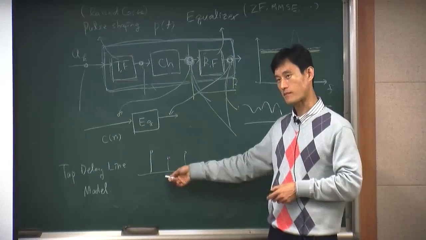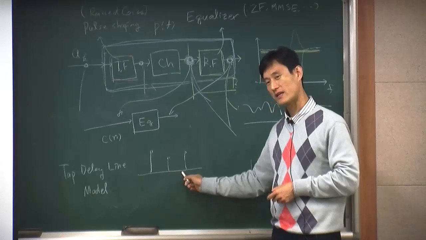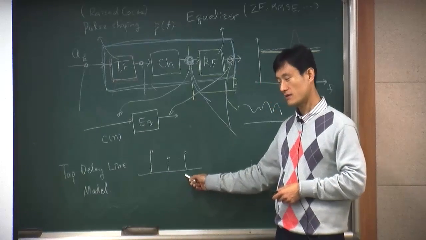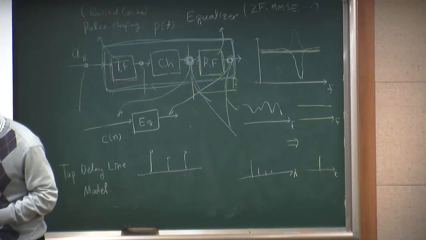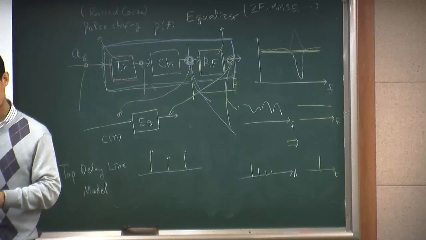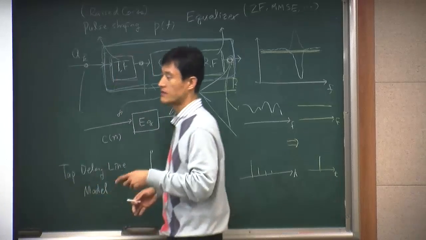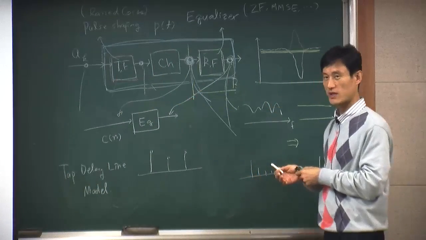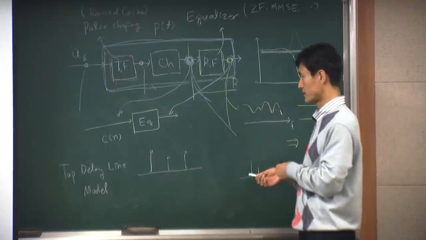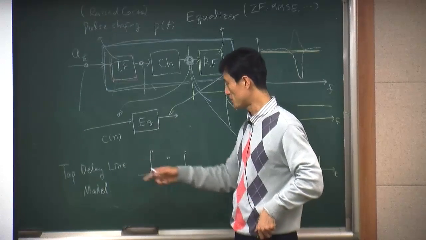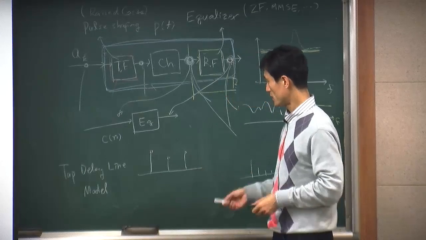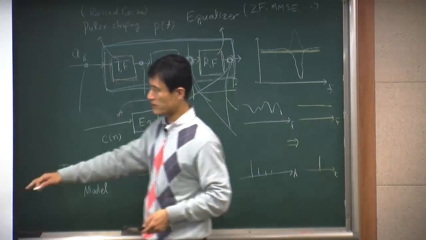Each one is a tap, and each one is a delay, right? Inside here, you see there is a line connected to each tap, so that's why we call it a tap delay line. This is the simplest model that we can use to represent filters. The equalizer is again just one of the filters, so we can use the same model. So let's use this model, and in this particular example,